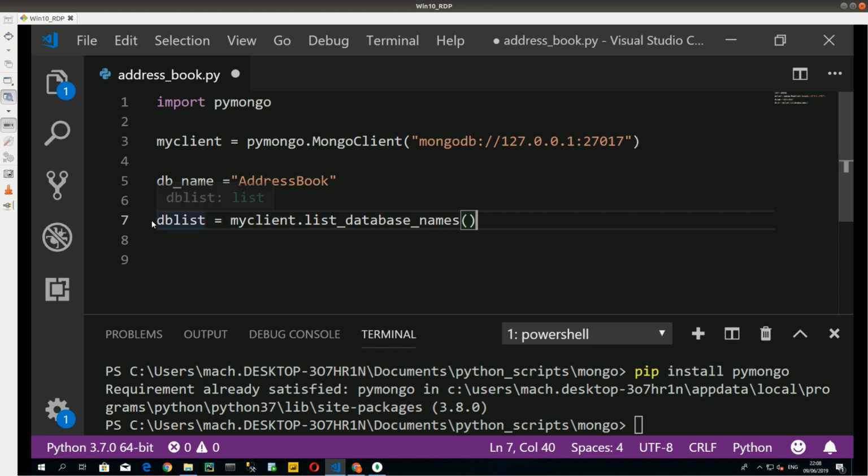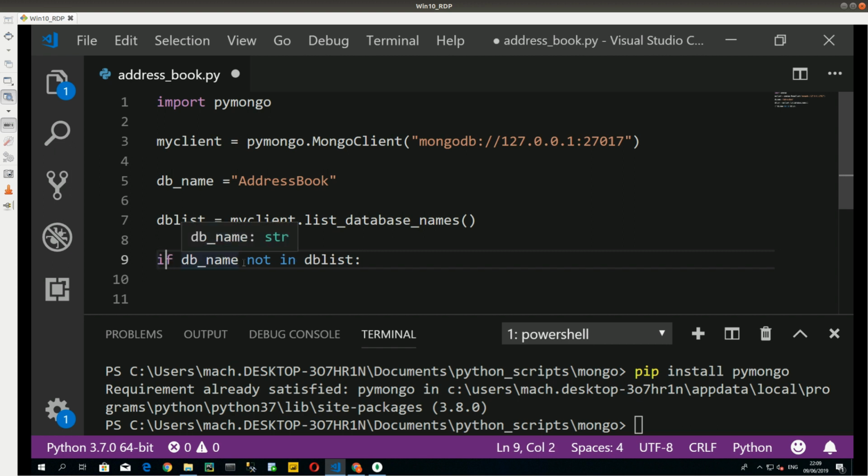So this here is going to create a list of all the databases that are on the client. And I have an if statement which is going to go: if database name not in the DB list here,